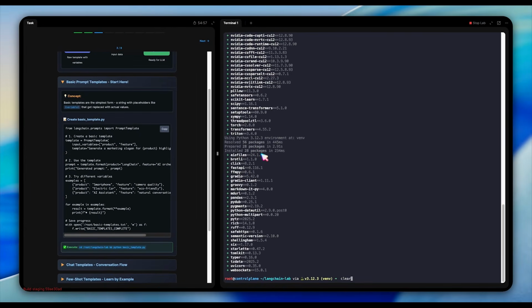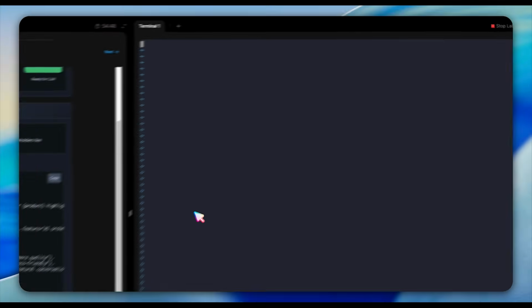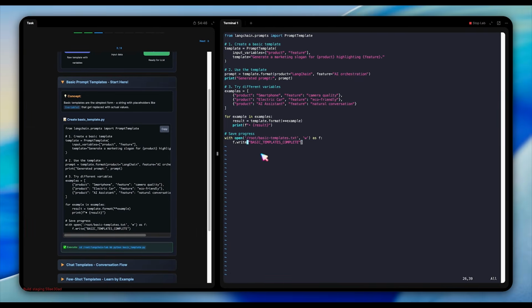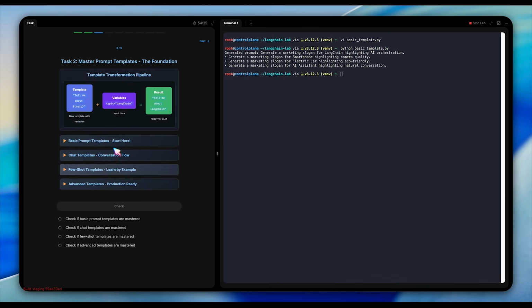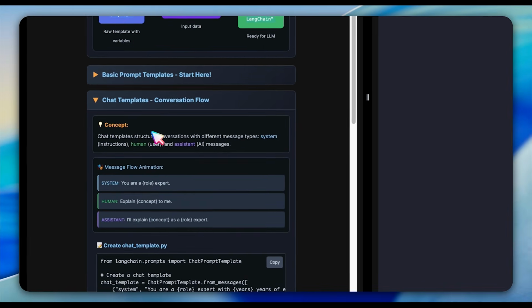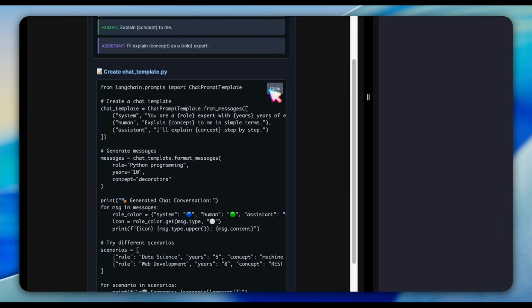We have 4 example templates here. We start with basic templates that use variable substitution. Think of them like Python f-strings, but for AI prompts. This code shows how to use LangChain's prompt template. First, we create a template with placeholders for product and feature. Then we fill it with values like LangChain and AI orchestration to generate a marketing slogan prompt. After that, we test it with different examples: smartphone, electric car, AI assistant, each time replacing the placeholders to produce new prompts. Finally, it saves a small progress flag in the file called